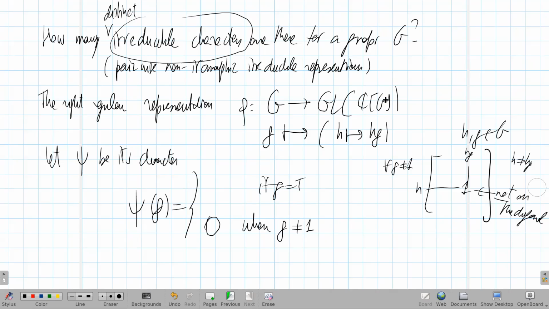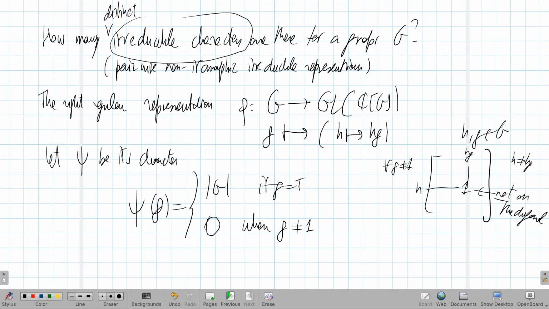The dimension of this vector space is the order of G, so you get the order of G. So this is a very simple character. There is only one value different from 0. But this is important. Why? Because